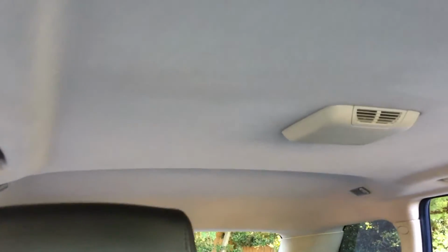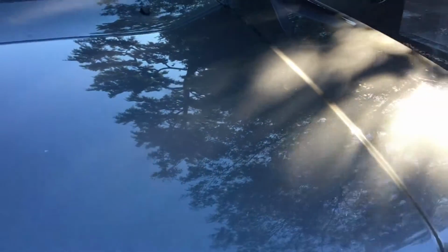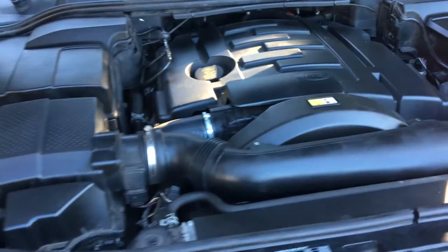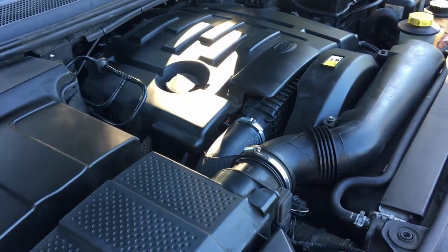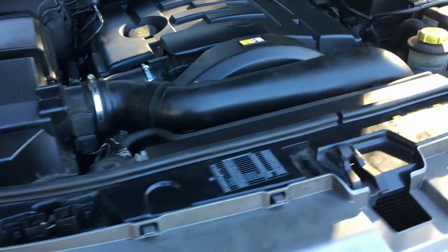Headline is all nice and fresh and clean. And we'll pop the bonnet, which is open from the other side. Because of course the beating heart of this creature is this silky smooth 2.7 turbocharged V6 diesel. As you can see, it's a nice clean engine bay, and as you can hear,